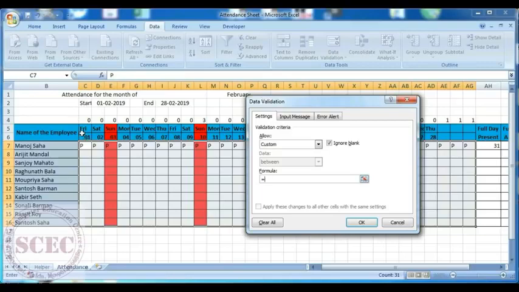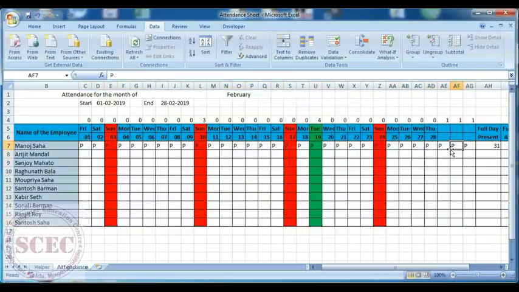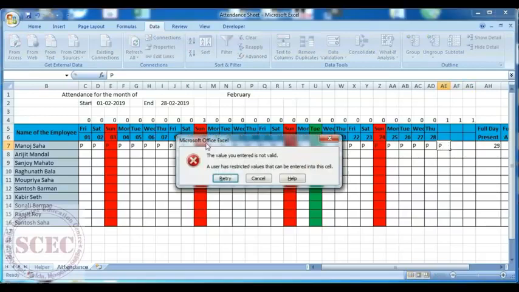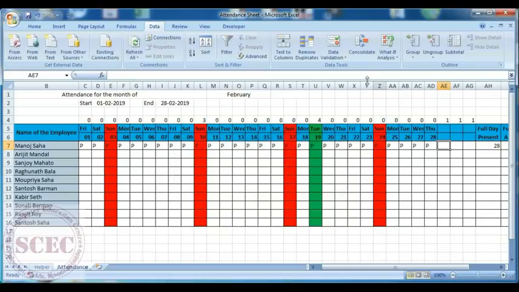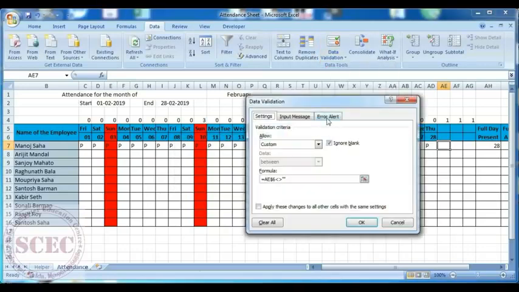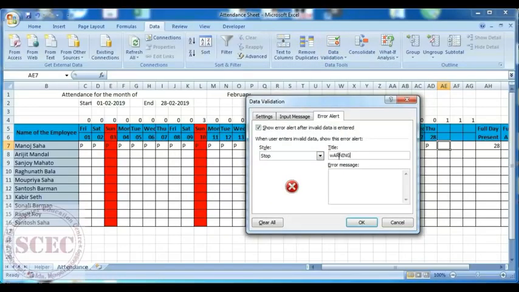That means C6 $6 less than equal to blank. Then press OK. And now see, I delete this value and try to put P again. It's showing an error, that the value you entered is not valid. Here you can also put your custom message by going to data validation and here error alert, title as warning,